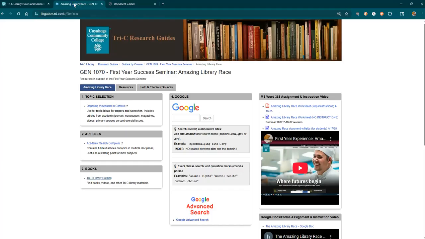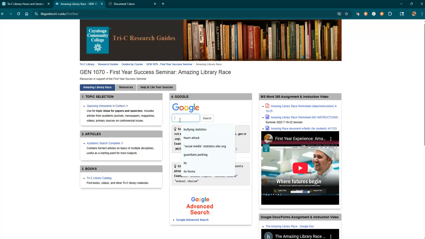And we're finally going to go where everyone wanted to go in the first place, and that's Google. Now, I want you to just know, for academics, it's easier to use Opposing Viewpoints, Academic Search Complete, and the catalog, because a librarian has evaluated all of these resources. An editor, a publisher has been involved in the process. When you go to Google, you have to do more of the evaluation yourself. You have to look at who wrote this. Are they an authority on the subject? When was it written? Is there bias in it? So sometimes it's easier just to use the library resources,